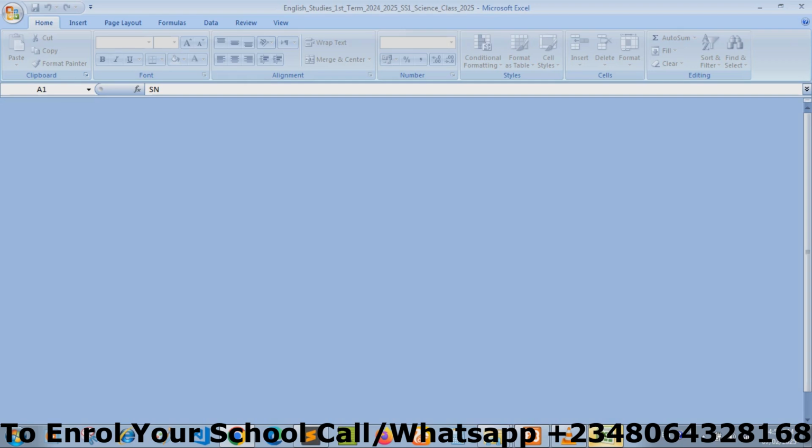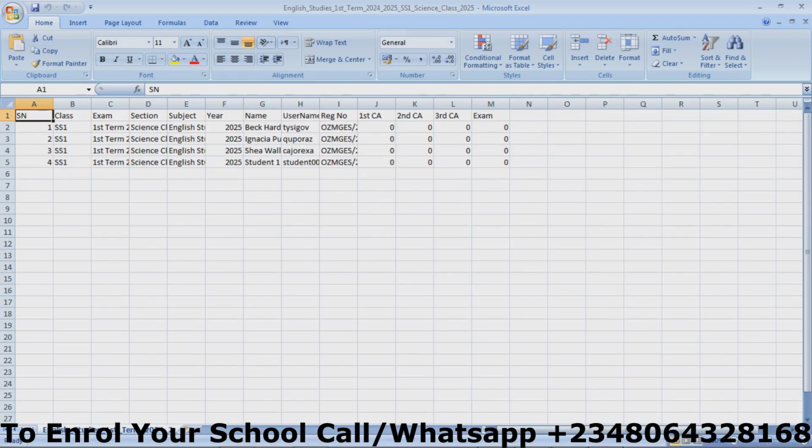So this is the Excel sheet. It has automatically been exported, and if you check this top here, you will find out that we have the English studies, we have the first term 2024-2025, and the class is SS1, the section is science class, and the